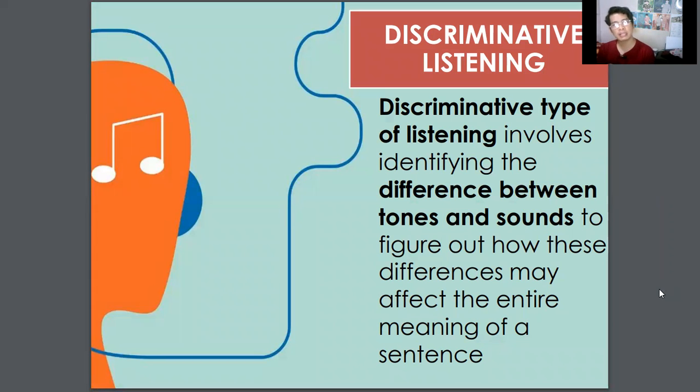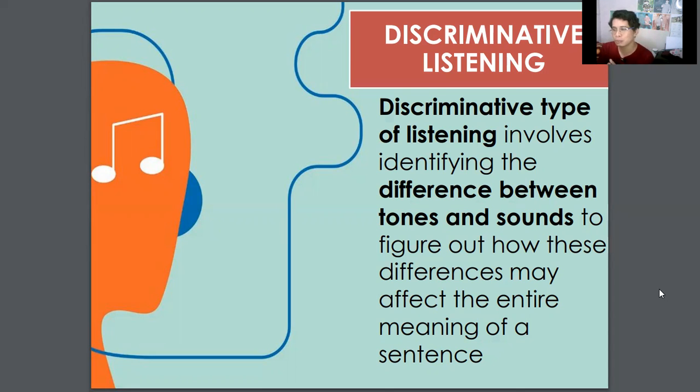This discriminative type of listening involves identifying the difference between tones and sounds to figure out how these differences may affect the entire meaning of a sentence. So let's say, for example, we look at how the tone changes from sad to happy. Although we're saying the same words, let's say you say I love you to someone, you can say it in different ways. But by just merely listening to it, although the words I love you mean mahal kita,